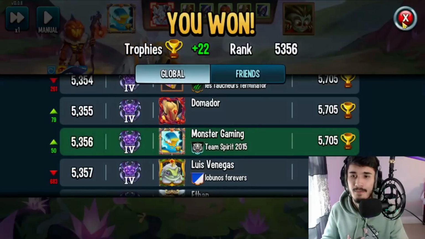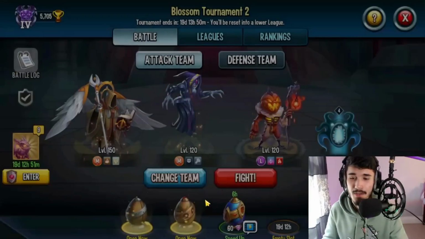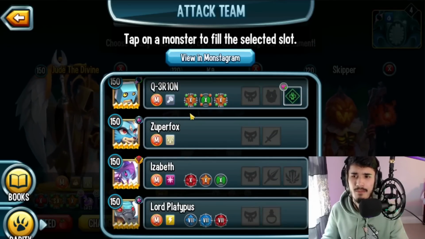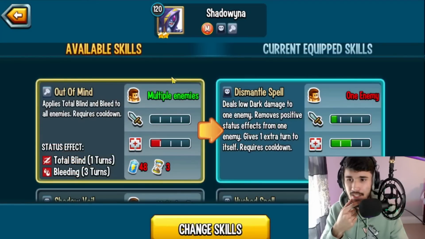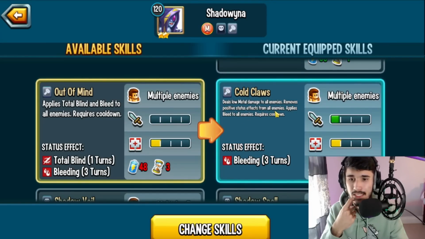And again, I wouldn't really recommend running this monster with something like what I'm running right now. You could probably just pair it up with another attacker like either Teddy Bomb, a Denier, actually pretty sweet. Now, you know what we should do? We should actually run this monster as an attacker. I know I said I'm gonna probably do it on a part 2 or something, but let's actually do it right now. So we have the 3 skills that we're gonna cycle around with,